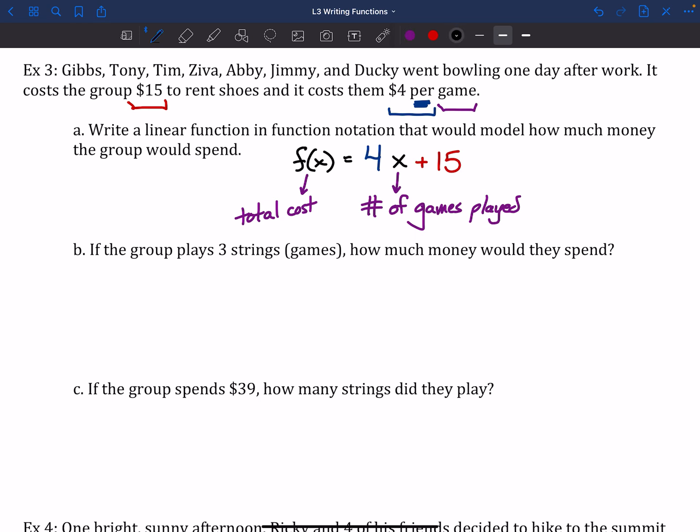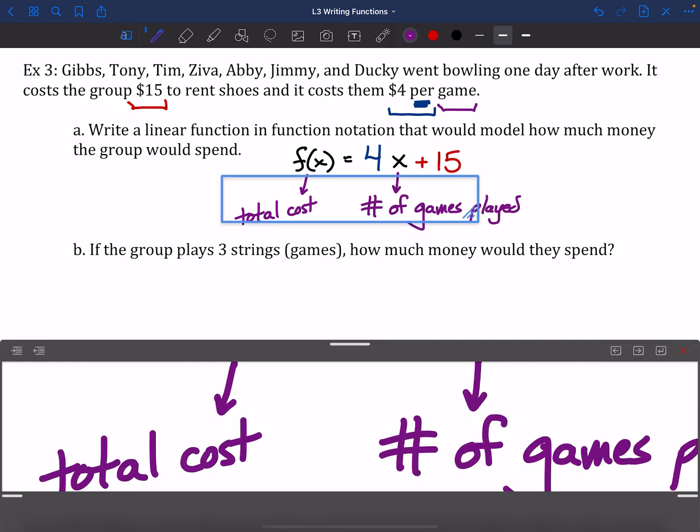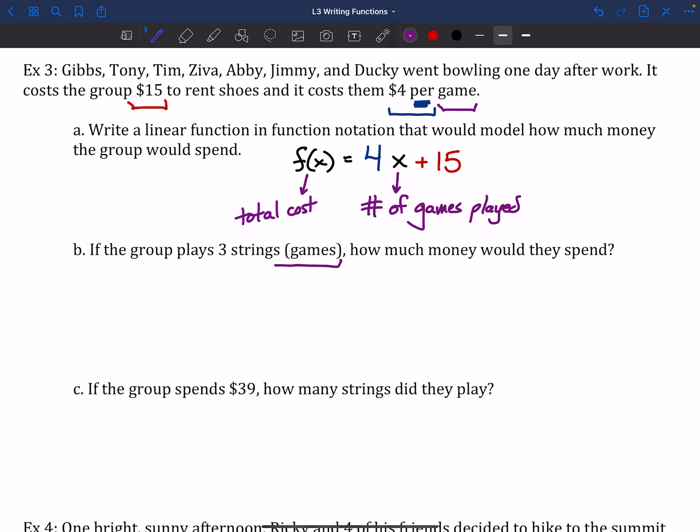The reason that I wanted to pause and do that is because they're telling me, if they're playing 3 games, I want to figure out how much money they would spend. So 3 games means that x, the number of games, is 3. For how much money, that means that we don't know what f of x is. Who knows? Question mark. But if we know that x is 3, we can plug that in and figure out what f of x is. I'm going to take that same equation we just had, 4x plus 15, and plug a 3 in